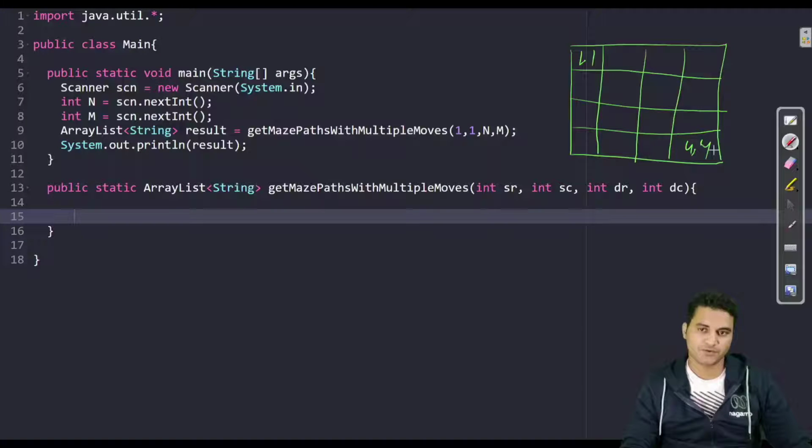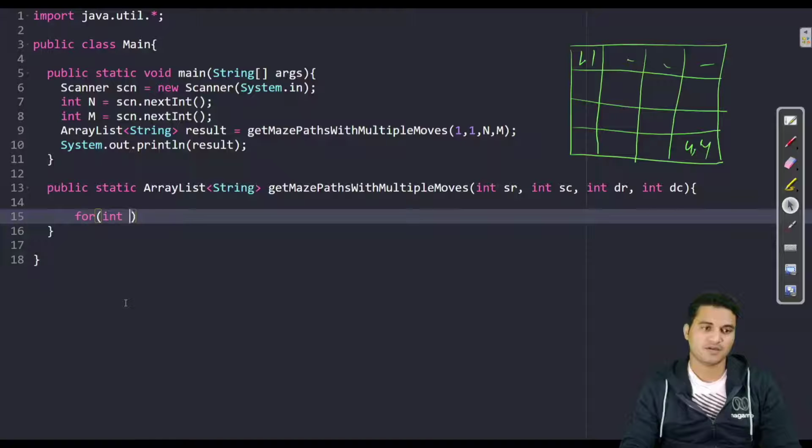So what you can do, you can make a call from here to here, here to here, here to here. Fine. And horizontally you can make up to 3 size jumps from here to here. So let us see how I am going to jump horizontally. I will write a loop for that.